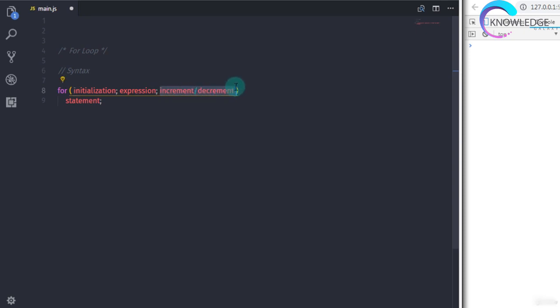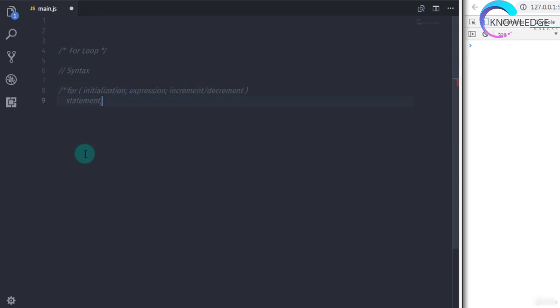After that, we specify the statement which we want to execute. If the value of the expression is true, then the statement will execute. Keep in mind that every loop executes its statement only if the expression returns true. Otherwise, the execution of the loop will terminate.